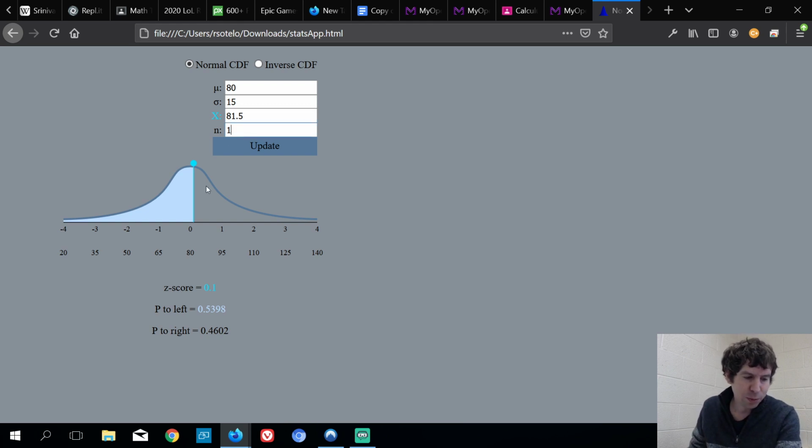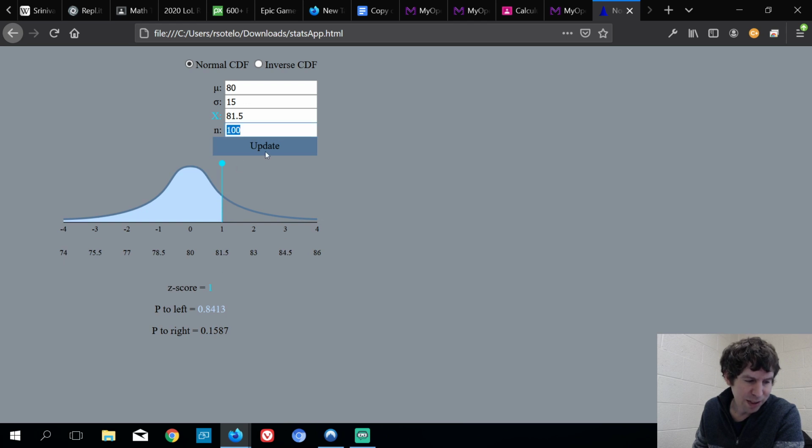So there's plenty of individual trees that are taller than 81.5 when the average is 80. But if I take a sample of size 100, the idea that they're going to average out to be taller than 81.5,